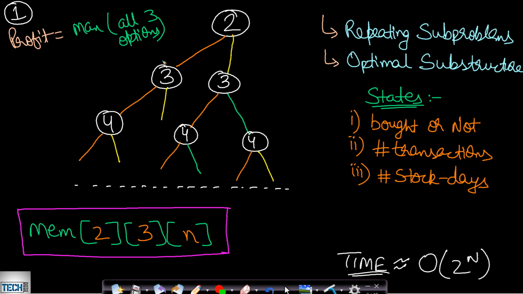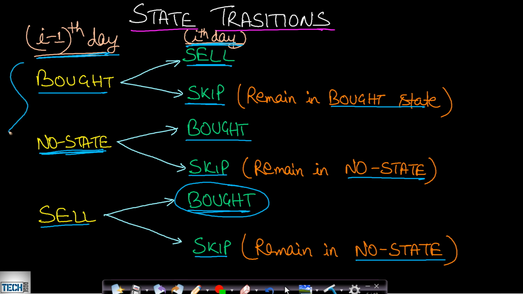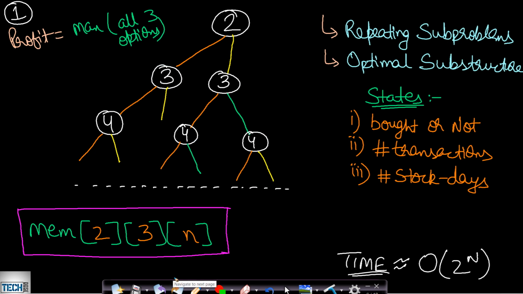Now, how do we solve it? By using recursion. Now, if you can see here, I already told you that at a given point we will be having 3 choices, either to buy, sell or skip. So that will depend on these types of conditions. Okay, the state transitions will only be 2. So in this case, let's say this 2 was the price of our stock on the first day. Now we can have 3 choices. On the first day actually we will be having 2 choices. We can either buy or the next choice is we can skip, but we cannot sell without buying.